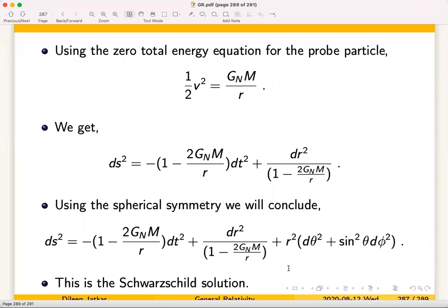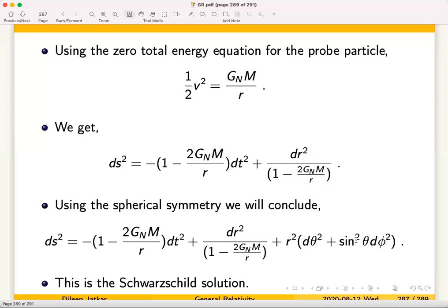Okay, fine. So what we are going to do is show rigorously that this is the solution to the Einstein equation R alpha beta equals 0 by explicitly solving coupled nonlinear ordinary differential equations. But even without doing any of that, we have obtained this solution by just knowing two facts: non-relativistic gravitational physics, and relativistic time dilation and length contraction physics. And given the fact that in one particular frame the entire physics was the physics of flat space would guarantee that this should solve R alpha beta equals 0. So in that sense, I really don't have to do this calculation to tell you that this is a solution, but